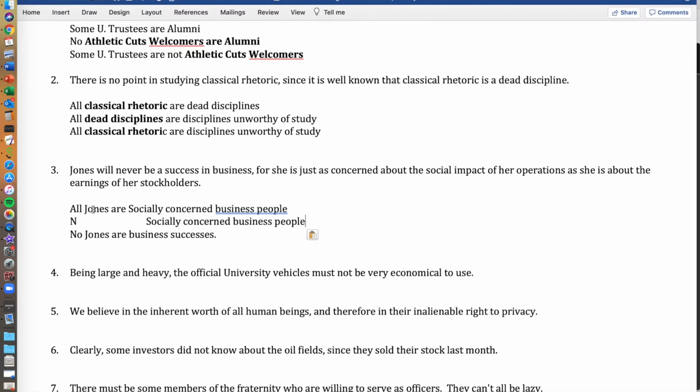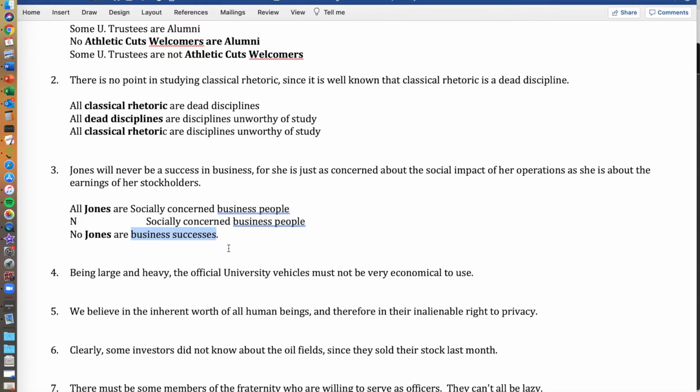Now, we go to the end terms, and we apply the rule of equal distribution to each of the end terms. The term Jones, which already appears twice, is distributed in the first premise because it is the subject of a universal, and it is distributed in the conclusion, again, because it is the subject of a universal. And that's fine because we have 2 distributed terms. It's equally distributed above and below the line. Then we go to the second end term, business